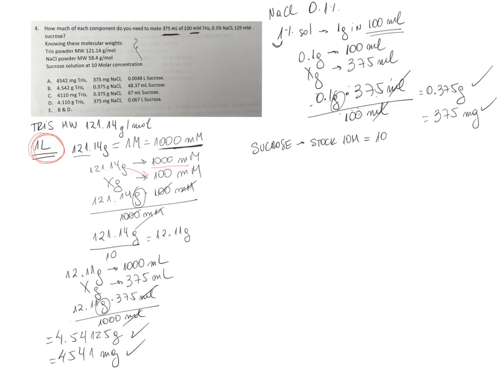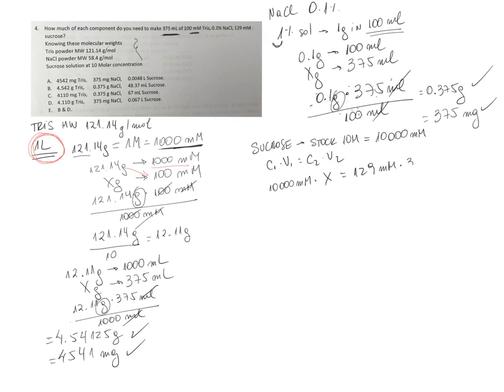So 10 molar is equal to 10,000 millimolar. And I'm going to start with that, and now it's super easy with C1V1 equals C2 times V2, in which you have your stock that is 10,000 millimolar, and you don't know how much you need, but you know the final concentration that is 129 millimolar,